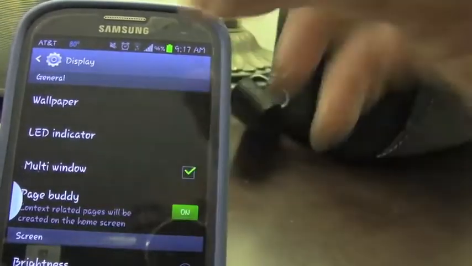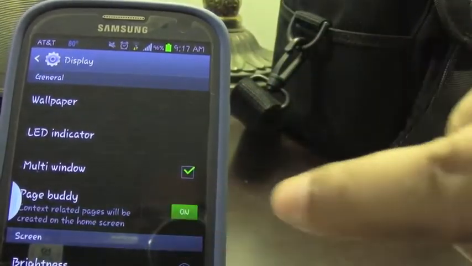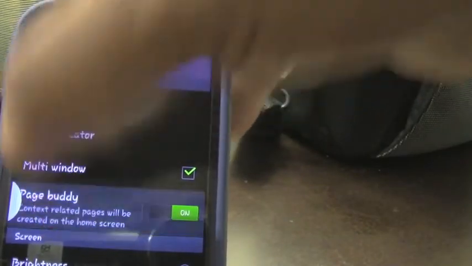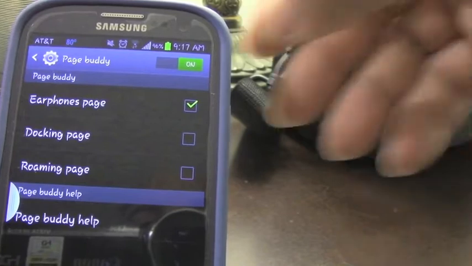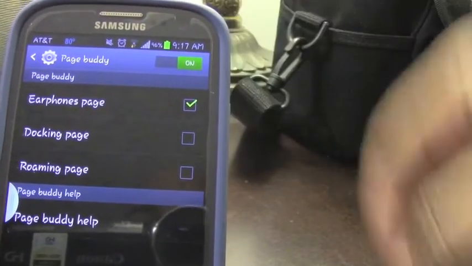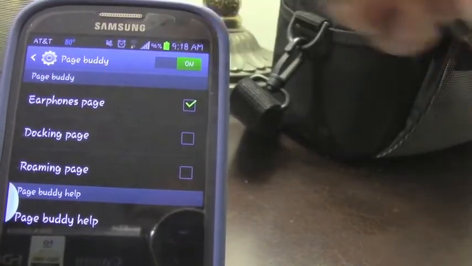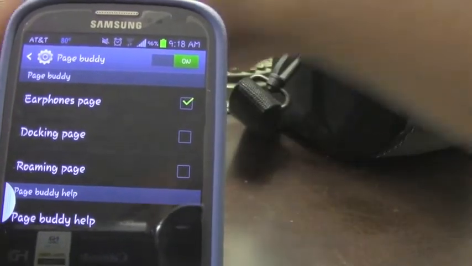And you want to make sure Page Buddy is on. Now you can't right off the bat just swipe that on like that. What you'd have to do is press the Page Buddy button and it comes in here, and then you can swipe that on. And then you want to check earphones. Now basically what this does is this gives you